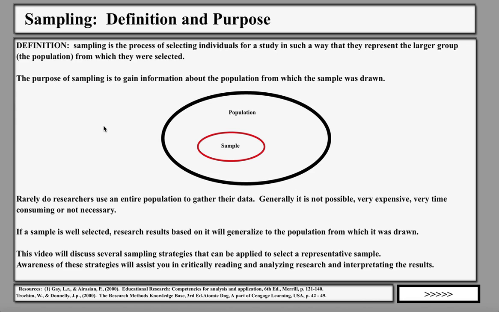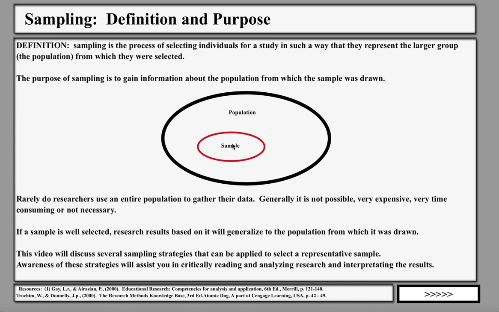Sampling is the process of selecting individuals for a study in such a way that they represent a larger group, the population from which they are selected. The purpose of any sample is to gain information about the population from which the sample was drawn. So a researcher is faced with wanting to make some generalizations about a population. And so they sample from that population. And then they conduct a study, and then they'll draw inferences on the basis of that sample. And if it's a good, solid study, and they're able to generalize back to the population, then they get some